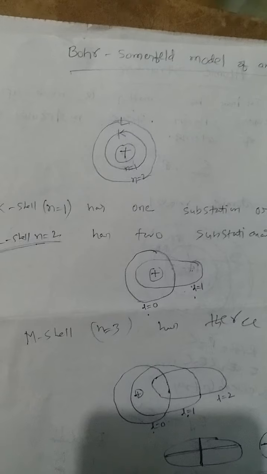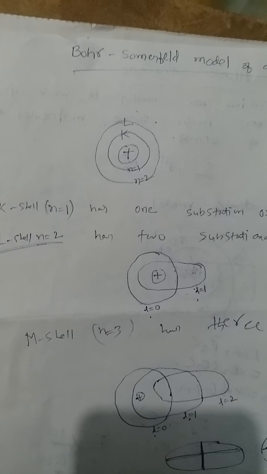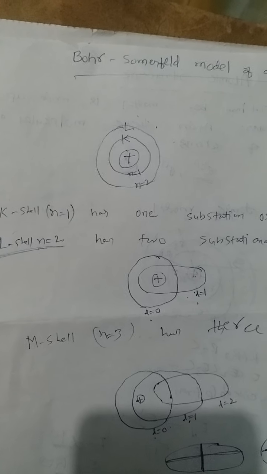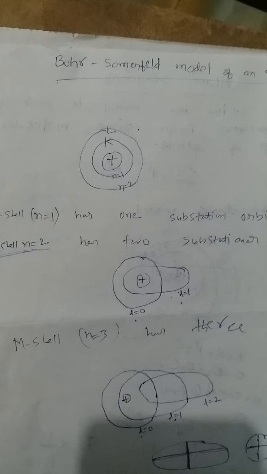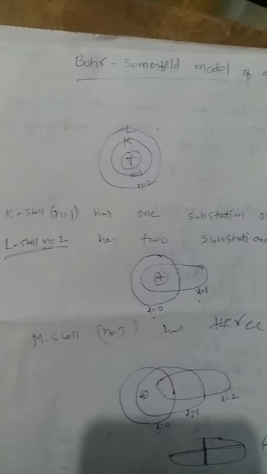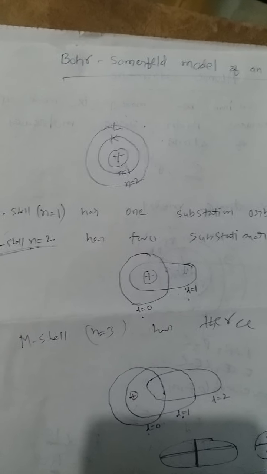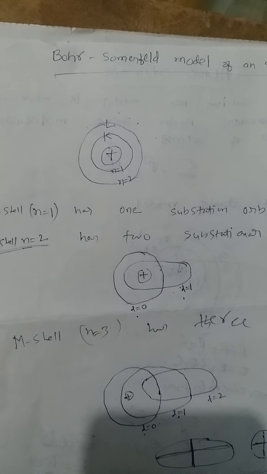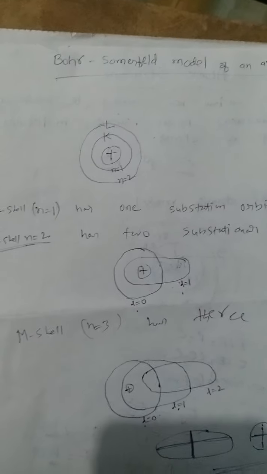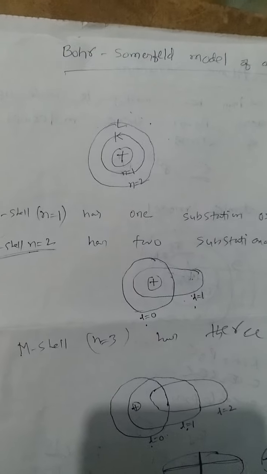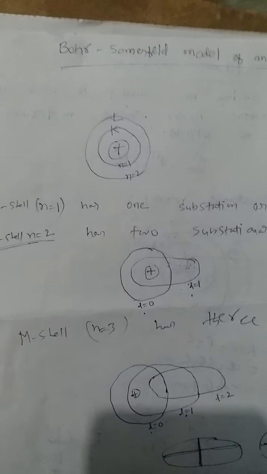As long as electrons revolve around the nucleus in these paths, their energy is constant. Niels Bohr called these specified circular paths of revolving electrons stationary orbits or main shells,